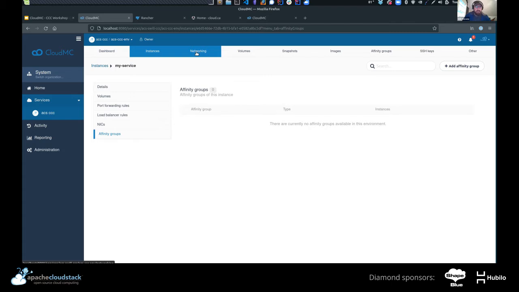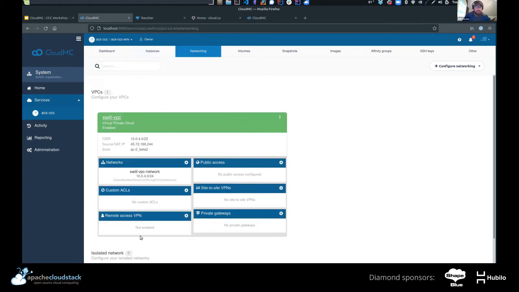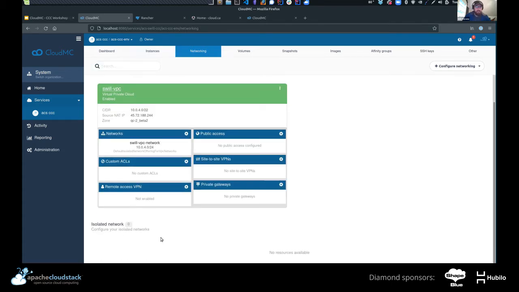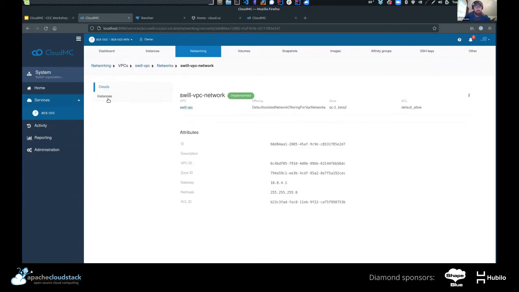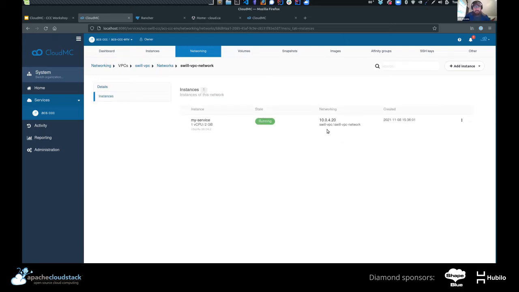If I go over to networking, we have a similar idea. I don't have any isolated networks in this case. I only have a VPC here, but you can see this is the VPC data. I can click into the actual network and see the details of the network, and I can see what instances are running on this network.